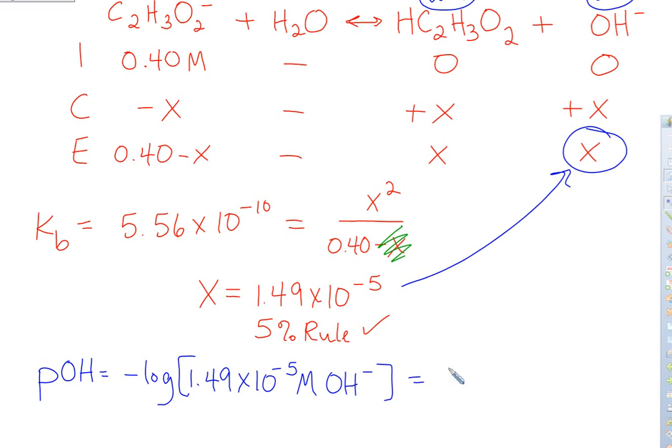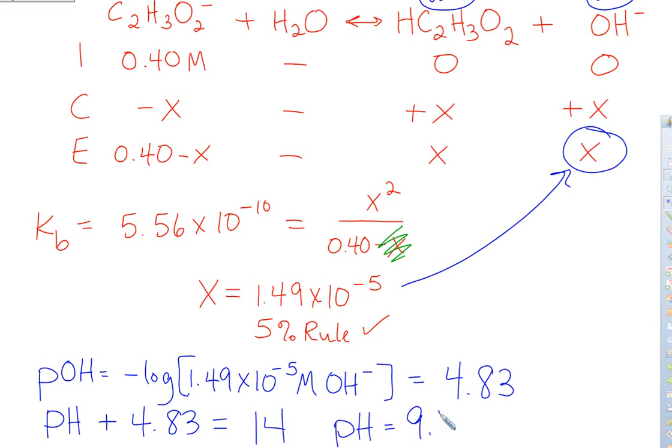And I get about 4.8, 4.83, somewhere in there. And that's super easy. All I have to do is subtract from 14 and get the pH. pH plus pOH, 4.83 equals 14. So I got my pH,